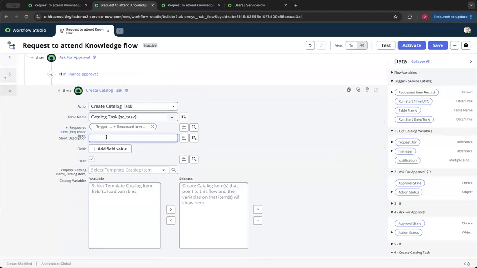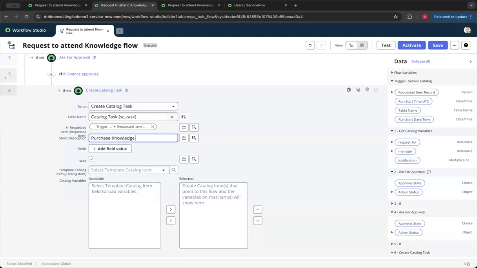Now in here, now we can set field values, okay? So one thing I like to do is I like to play around and give more descriptive information when I give the fulfillment teams their catalog task or their fulfillment task that they're going to work on, right? So what I like to say is maybe it's hey, what do we want to call this? I'm going to knowledge here. So purchase,